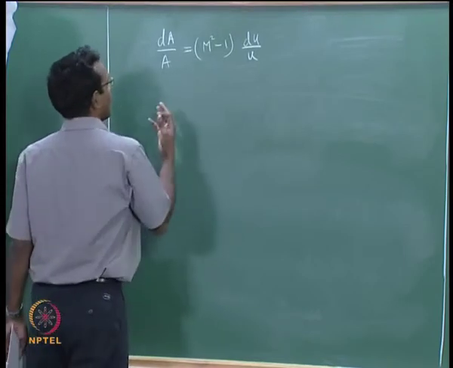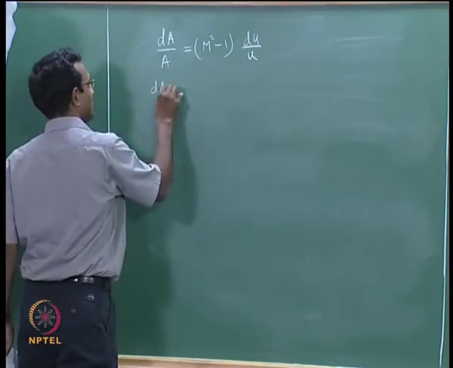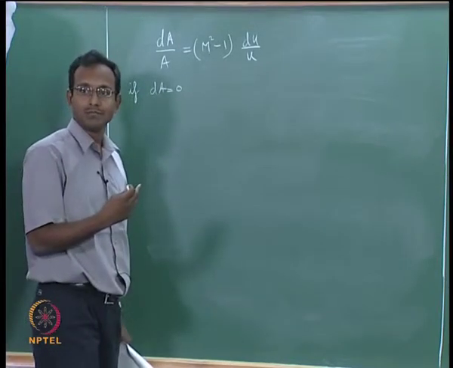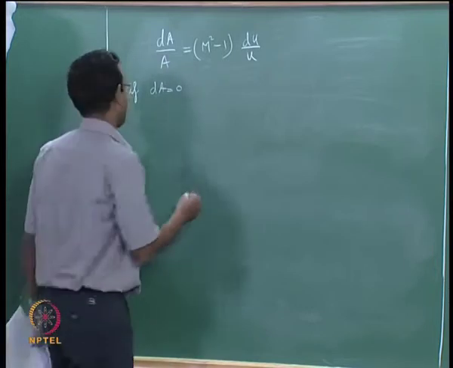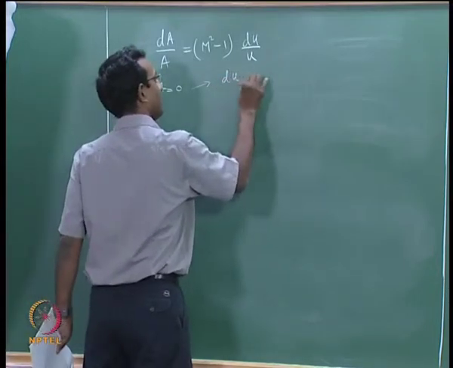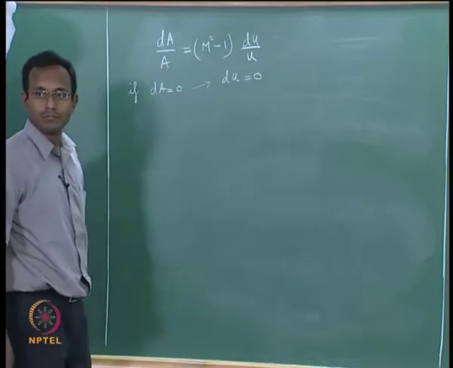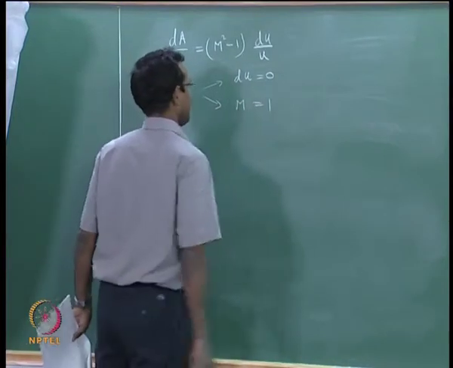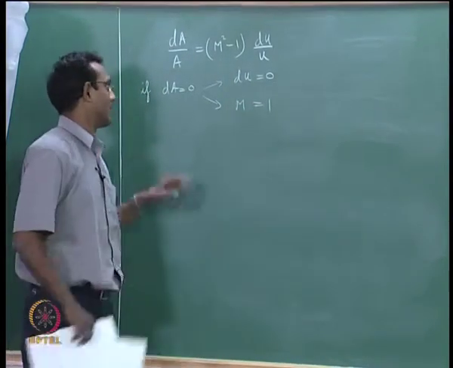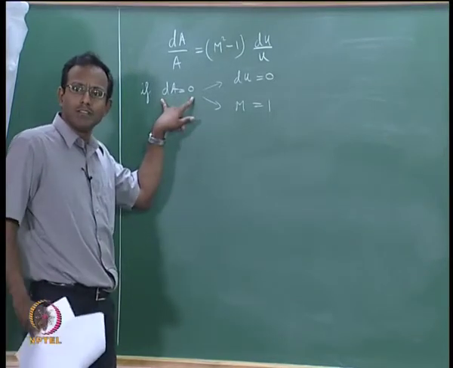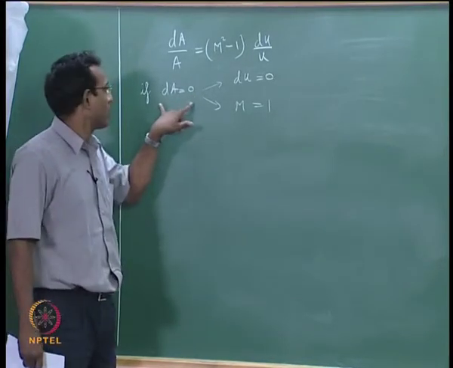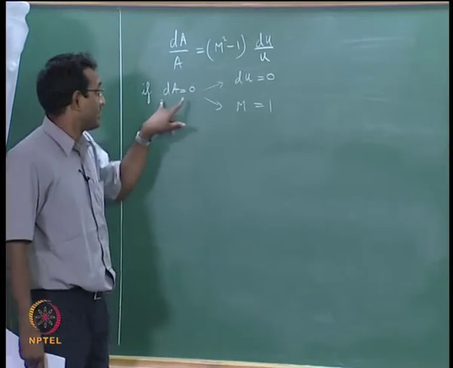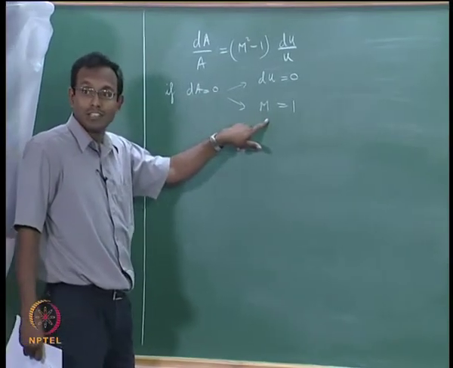Another inference I can say now is, if dA equal to 0, what all can happen? If dA is 0, what all can happen? One thing could be du is 0, other thing could be Mach number could go to 1. Okay. These are the two possibilities. When I say dA equal to 0, what do I mean? I am talking about a case where I am saying there is no area change in my duct. Does it mean that I am always going to be Mach 1 in a constant area duct?